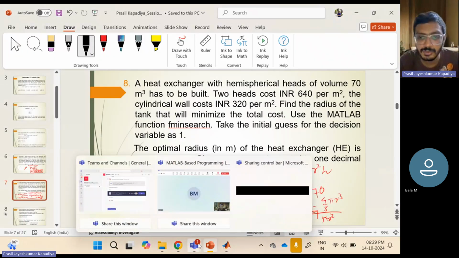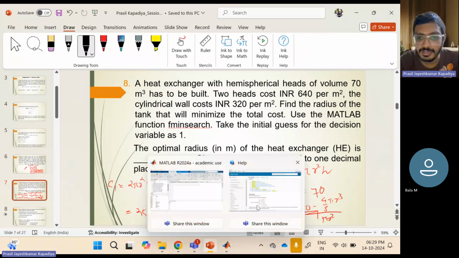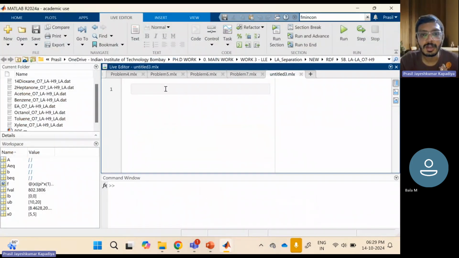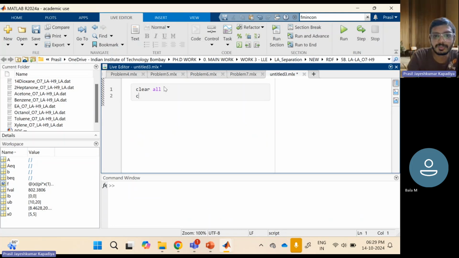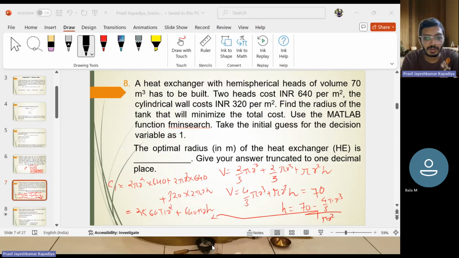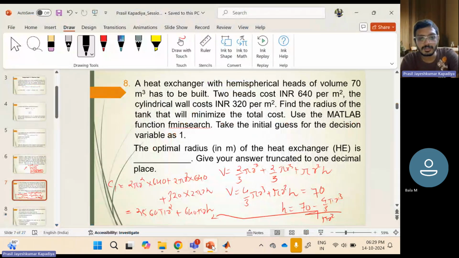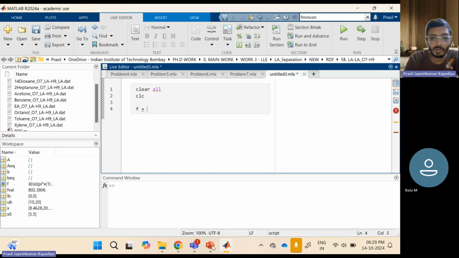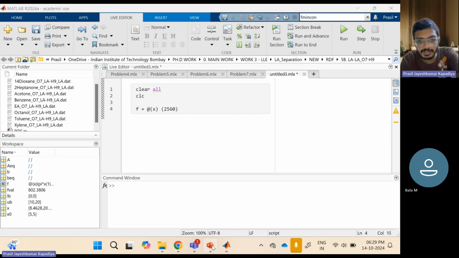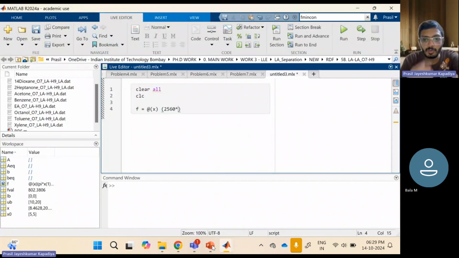This we are supposed to solve using fminsearch. So I will write down this function first: clear all, then clc. Then my function f is equal to this one, minimization of cost. So that is 2560 pi r square. It is 2560, right? 2560 into pi into r square. So that is x of 1 square